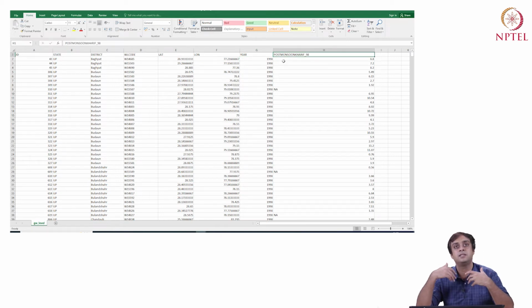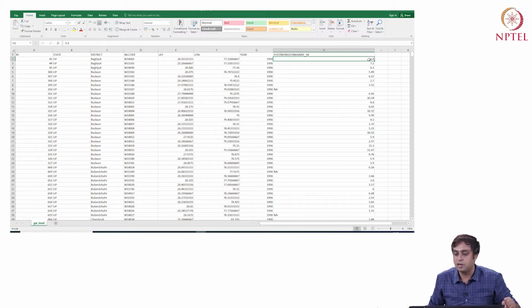Okay, Kharif is the season of cropping, which happens during monsoons. So it's going to be July, August, September. And post-monsoon Kharif would probably mean either those three months or October, November, December. So it's one of those months after monsoon, probably just after the Kharif season. And what you see as values here are meters below ground level. So at this particular well in Bagpat district, at this location in 1998, the water head was 8.8 meters below the ground surface, right?